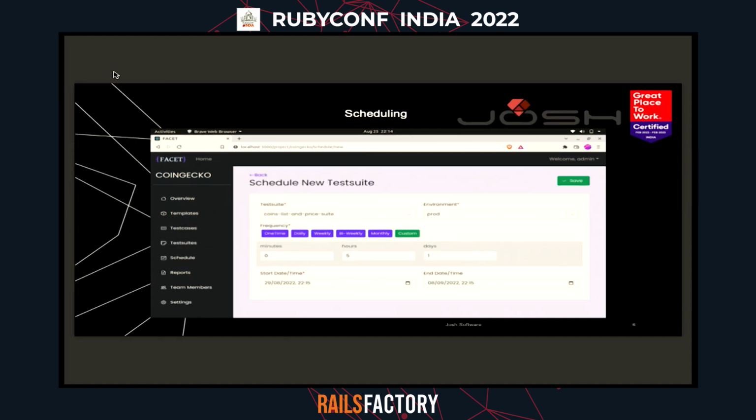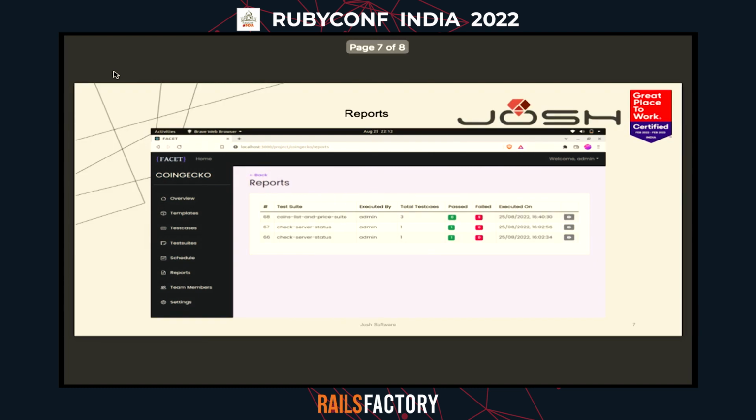This is the screenshot of a scheduling page where you can schedule the hit of the test suite or test case. Next. This is also a screenshot of the report of every test case which has been run. And